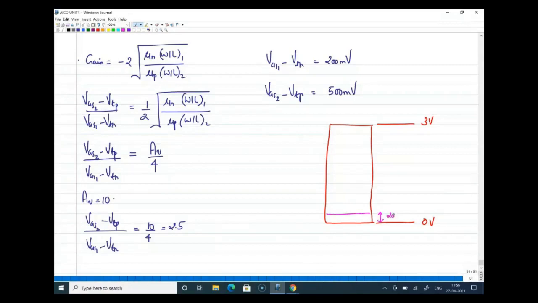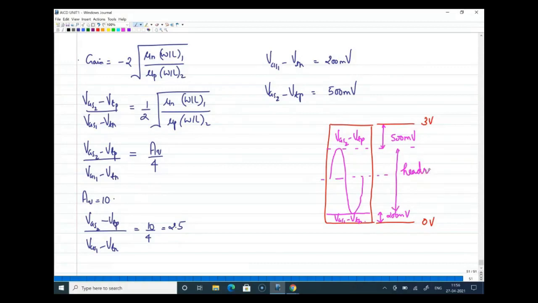It is only 200 milli required there, and for the top transistor it is slightly more than that, which is around 500 milli. This is the overdrive voltage requirement. This is VGS2 minus VTP, and this is VGS1 minus VTN. Now you can see that if you properly fix an output DC voltage here, you have a lot of room for the output voltage to swing. Or basically this is your headroom, and I can say headroom consumption by the overdrive voltage is